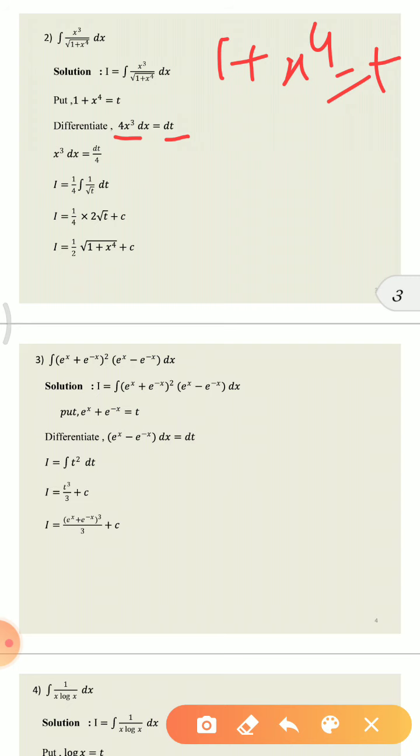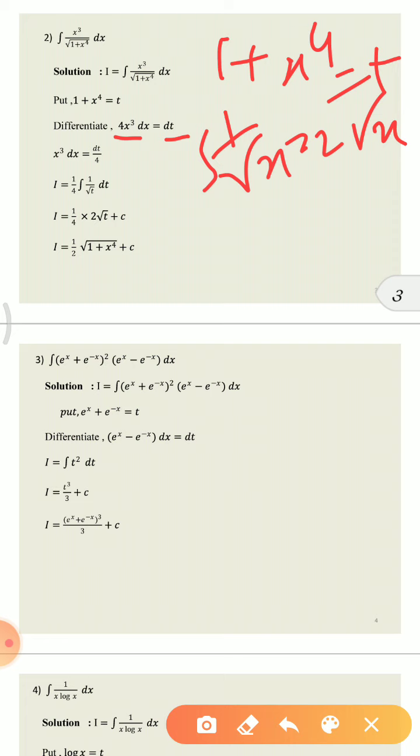Then I is equal to dt by 4, that is a 1 by 4, that is the new integral form here. I is equal to 1 by 4 integral of 1 upon root t, where we substitute 1 plus x raised to 4 as t, that is 1 upon root t dt, and you know the integration of 1 upon root x is 2 root x, that means the integration of 1 upon root t is 2 root t plus c, that is I is equal to 1 by 4